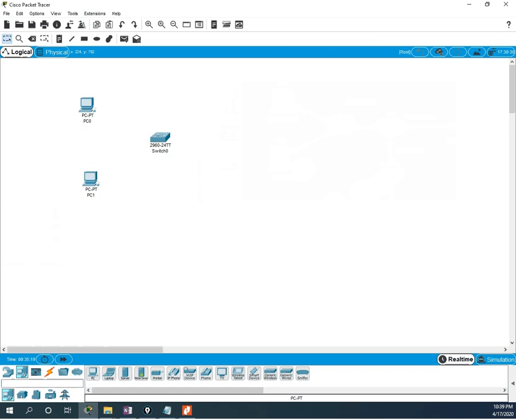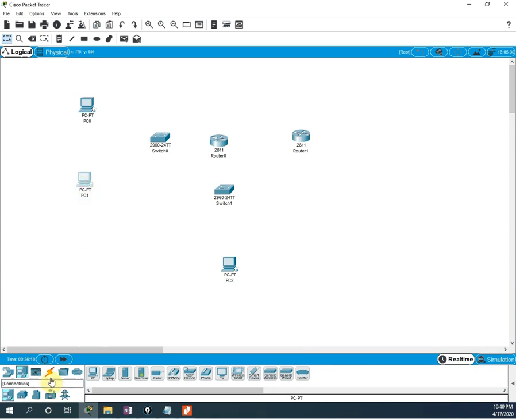Then what we will do, after that we have the router. So let me take the router. I will take 2 routers. One router is here and we will take one more router here. Okay, and then we will take one more switch, the same design that I showed you in OneNote. I am doing that. Then we will have one more PC here. This is one more PC. Okay, so this is the scenario I am designing.